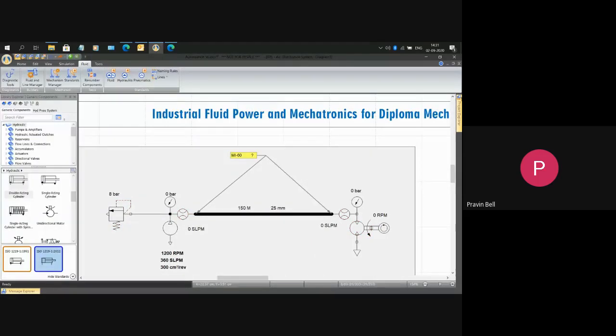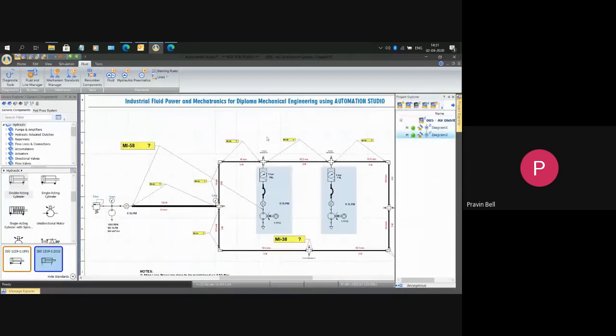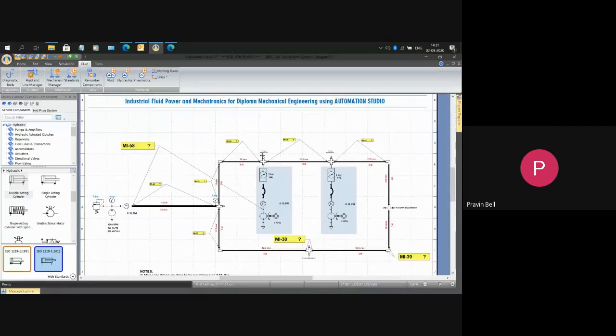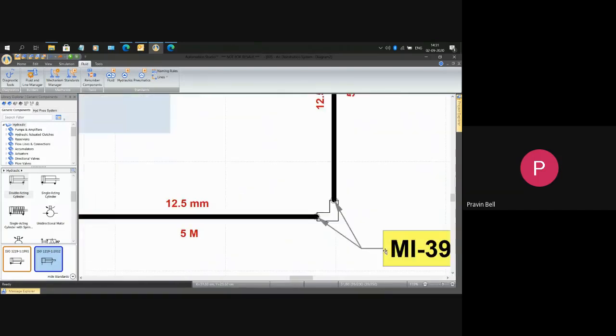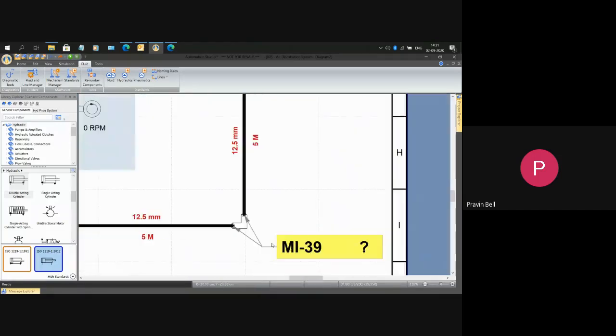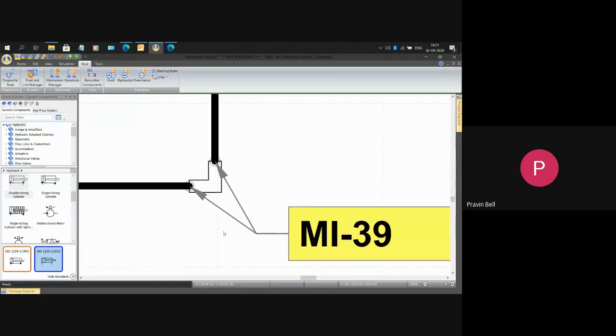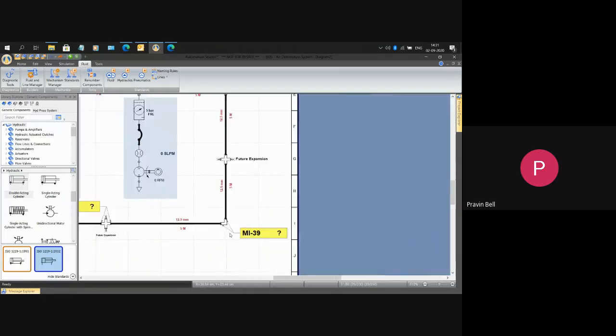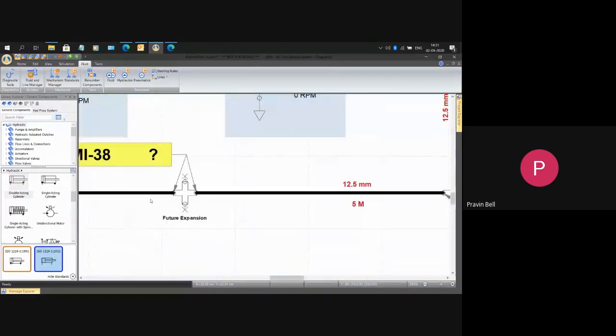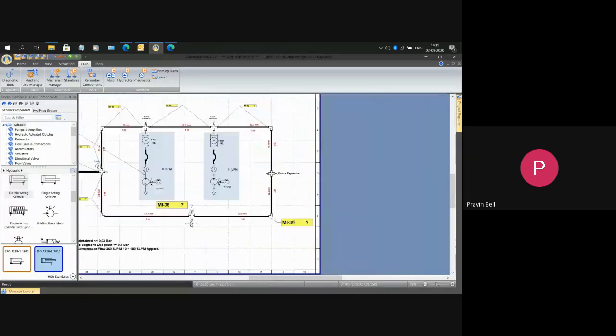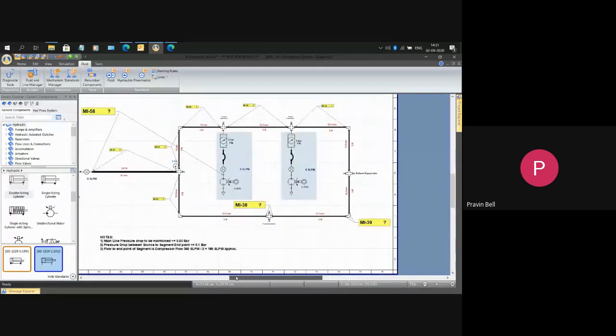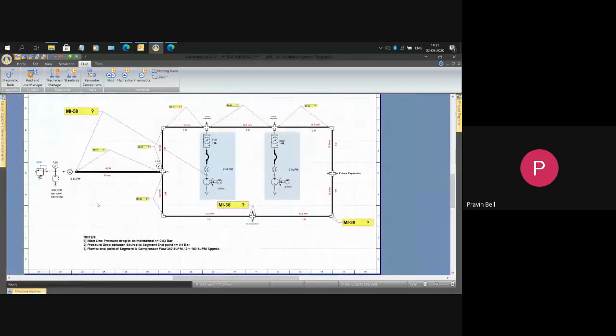So this is the main line. But now what happens is, when the entire distribution system has to be designed. So in this case, we built a circular closed loop air distribution system. And in certain practicals, I've seen that there's a study of pressure drop across fittings. Okay, so in Automation Studio, you can put measuring instruments across elbow fittings against T-joint fittings here, and you can measure those pressure drops also. So I built this particular air distribution system like this.